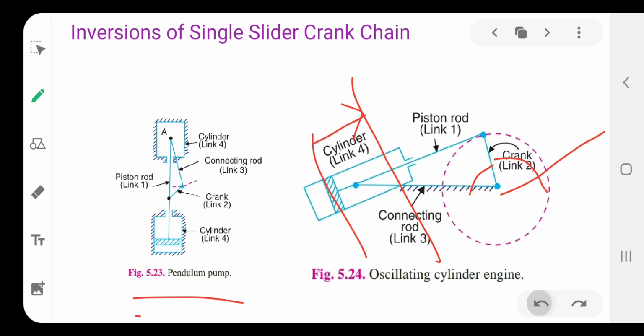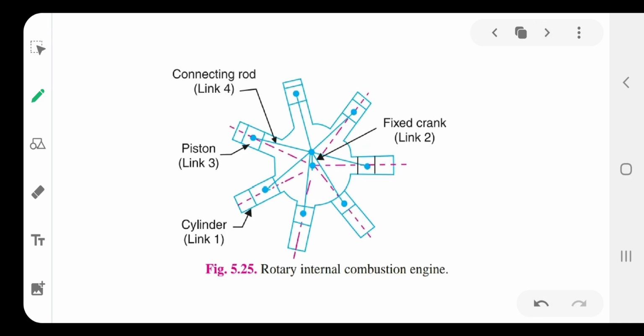So next, the rotary IC engine is also an inversion of the slider crank mechanism. In this also there is a crank, the cylinder is link 1, the piston is link number 3, the connecting rod is link number 4, and link number 2 is the fixed crank. Okay, next one is